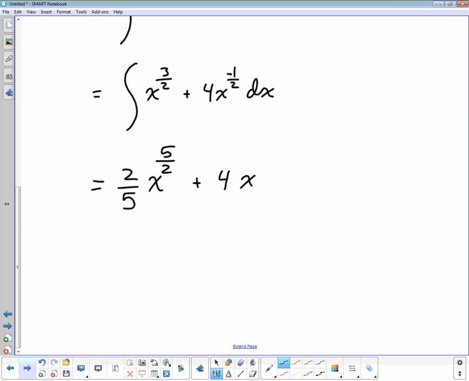What do I have to put over here? What's his exponent? Positive 1/2, because I added 1 to it. And now I have to put what out in front? A 2. Now, you can simplify, but I would be probably happy with this. But if you did wish to simplify, you could. And in fact, I could pull out